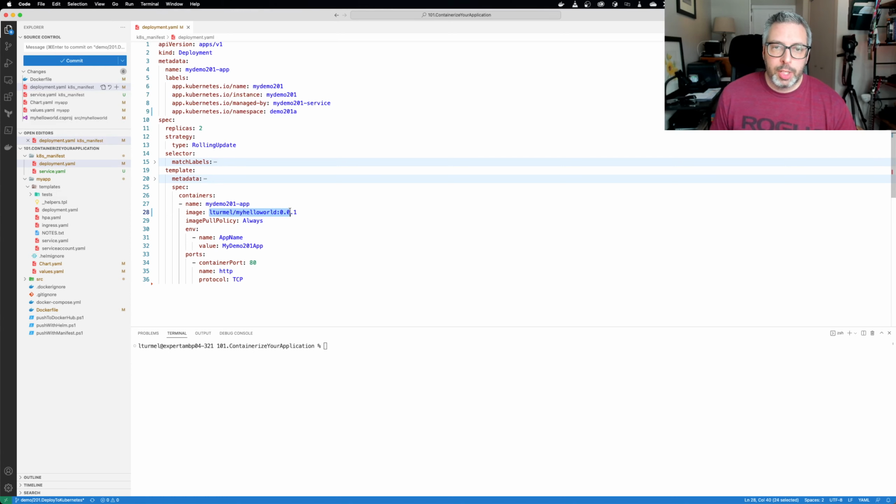This will pull the container image from that repository where it is. By default, it points to Docker Hub. You can have a link to your private container images repo, but for that demo, we stick to